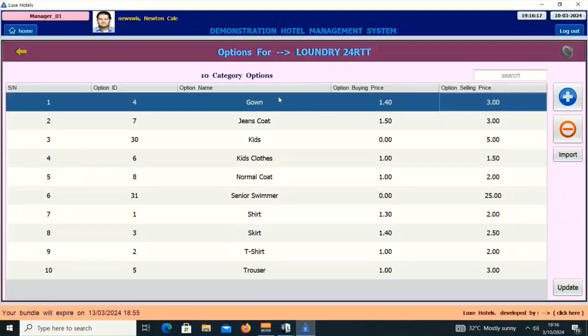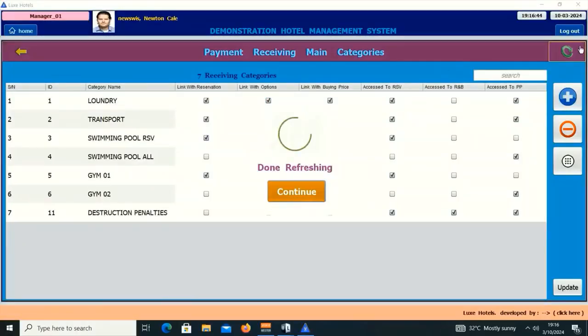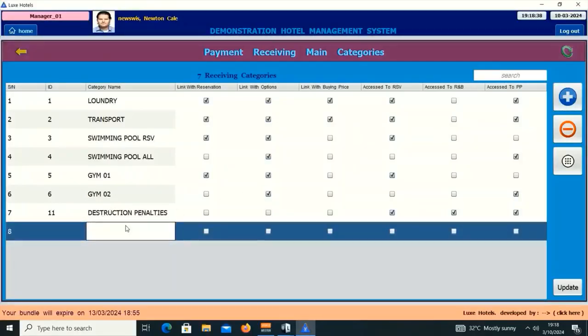Now I'll go back and add another receiving main category right here. But before I add, let me refresh this. Now I'll click this and then add another receiving category. Let's say I want to add halls and conference venues,